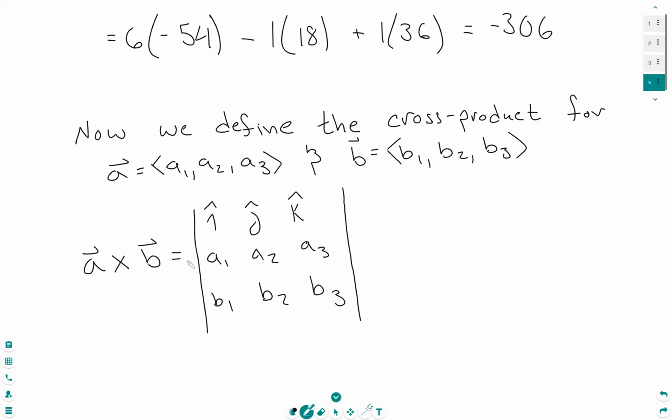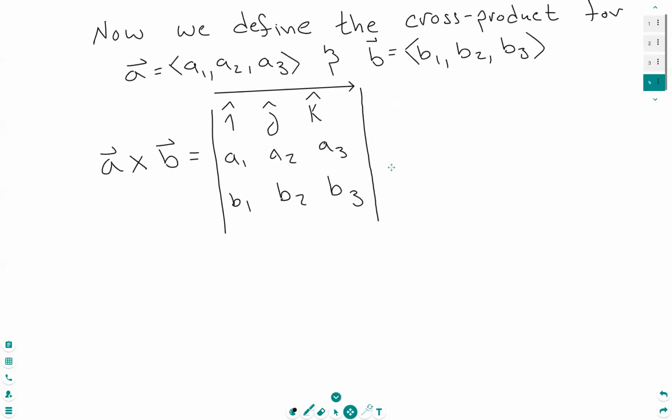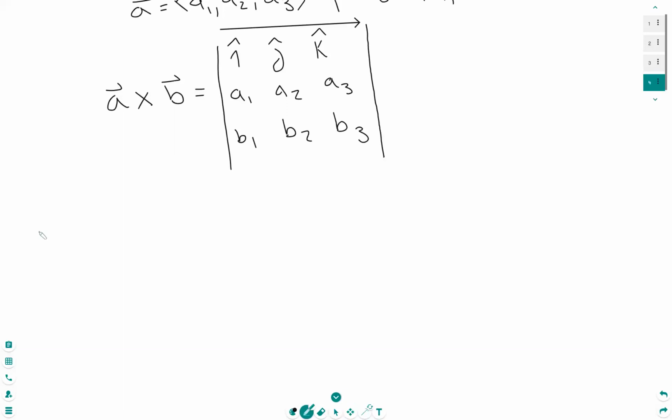So this is how we define the cross product. And because this is a determinant of order 3, we can do the same thing like we were doing above, where we'll expand across the first row here, right? So using the same kind of system as what we did up above, we can write this as